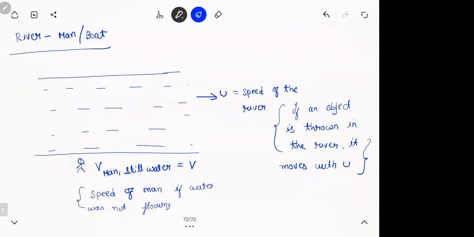So this is the first thing. We will see different cases on this. There are 4 cases. Let's see each case. But I hope here the data is clear. If you take the man and just throw him in the water, he will drift with the river. And on top of it, if he can swim, that's an extra. You can see this even in a river. Now, when you put a boat, it will drift with the river. And if the boat has its own power, then it's a different thing. Put it down. Let's see the different cases in the next.